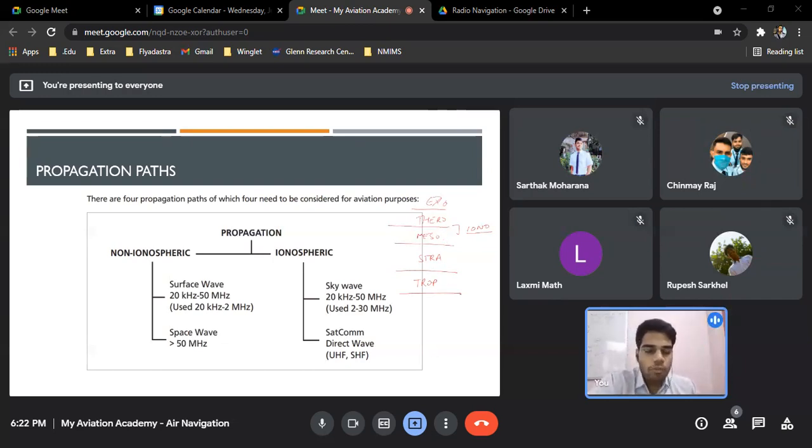So what happens in the troposphere is we have a lapse rate. The lapse rate is 2 degrees per 1,000 feet. Basically, when you're climbing up, your temperature starts to reduce. But in the stratosphere, it has the opposite effect. It has an inversion, so when you climb up, your temperature starts to increase. Why is that? Because of the presence of the ozone layer, which is actually present in the stratosphere. Then we come to the mesosphere, and again as the altitude increases, the temperature starts to reduce.